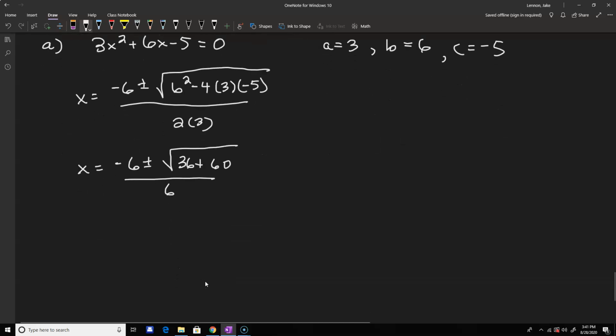And we can simplify a bit more. X here is going to be minus 6 plus or minus the square root of 96 over 6. And I think typically you can stop there. Depends on the homework. Sometimes they might ask for simple radical form. If they do, let's see,